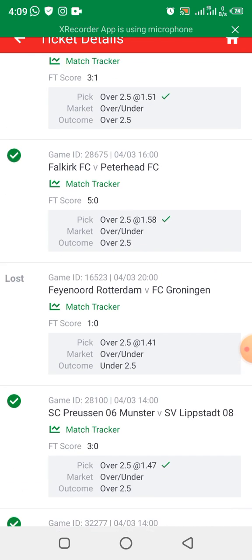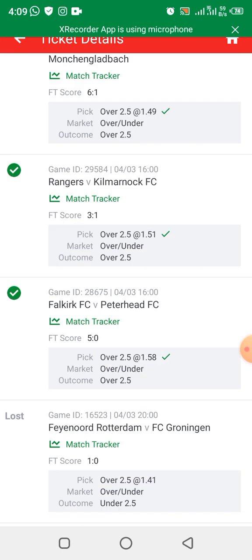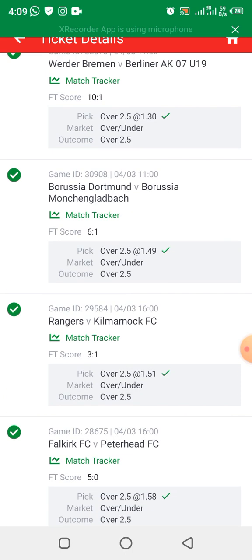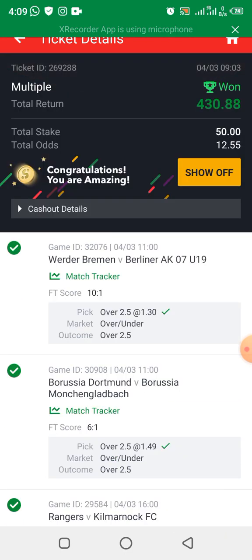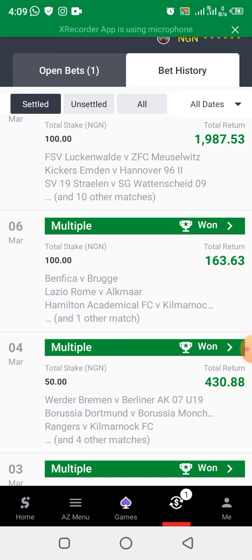So that's what I'm saying. Sometimes over 2.5 can be a harmful strategy for you guys, but the strategy I applied here that saved this particular ticket from loss is that sometimes I cash out when I recheck most of my games, or when I apply the flexibility. I'm going to show you guys how to make use of the flexibility in this video,